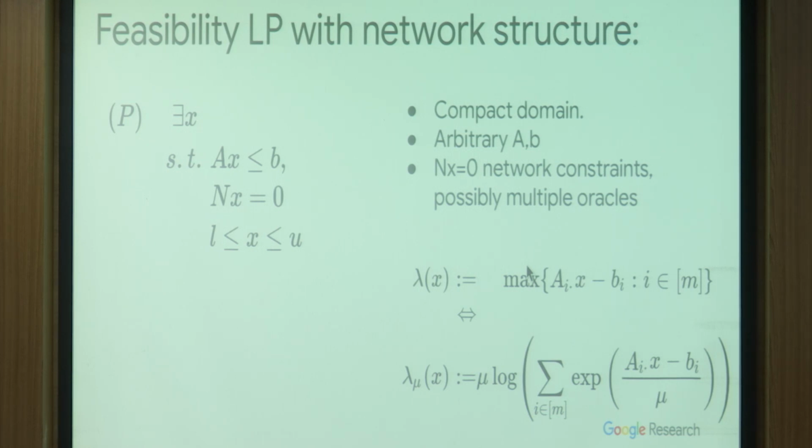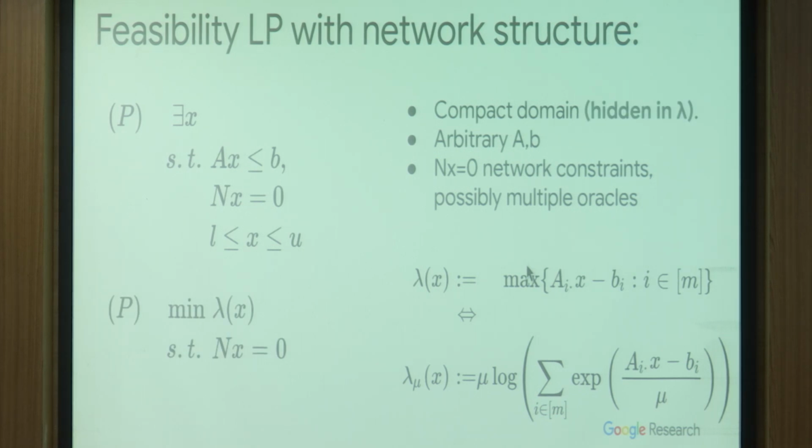And what you do is, again, the same trick, but slightly different. So they were using normalization, lambda A_i x over b_i, because they want a right-hand side of 1. And it turns out that you don't need that, at least for most of the analysis to follow. You just take the violation, and you penalize the violations, and minimizing the violation is the same as the soft-max violation. That's all there is to it.